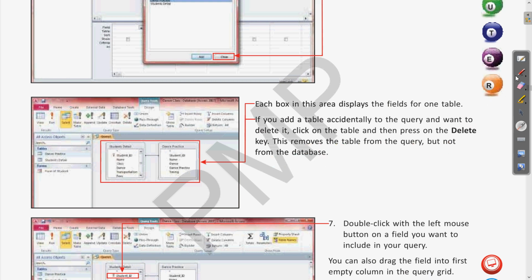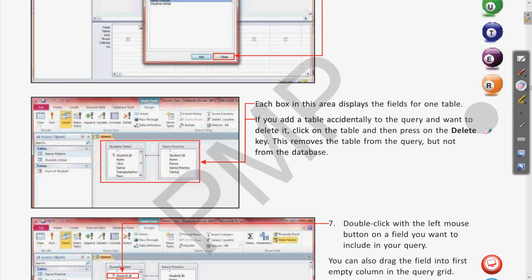Clear? This is an important thing: whenever you are using this query concept, the table already exists in the database, and only the query is being displayed to you. So whenever you delete something from this query window, that table will not be deleted from the database. Only the table content is deleted from this query window, and the table will remain in your database. Clear? So we don't need to worry that when you press the delete key, the table will also be deleted. Okay, so this is only deleted from this query window. I hope this is clear.